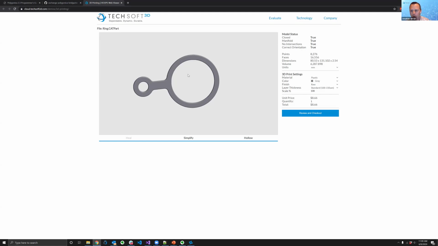some dirtier data, but we were able to load it using Hoops Exchange on a server, map it to Polygonica, bring down all the triangles, visualize it with Hoops Communicator, and present it here within this web viewer, and also analyze it with Polygonica. It says, yeah, we're closed, we're manifold, we don't have intersections, we have the correct orientation